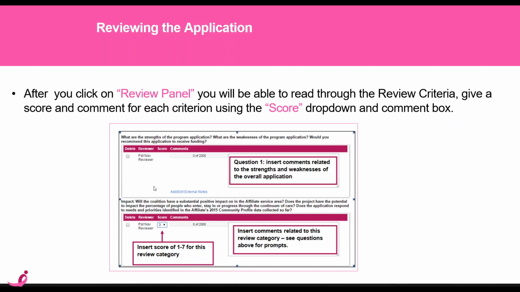And what that does then is it brings up another page, and here is the information on how you are meant to score and what questions to ask in regards to the application in order to score it. So question 1 is, what are the strengths of the program application? What are the weaknesses? Would you recommend funding? And then there is a text box here, and it has up to 2,000 characters that you can put in